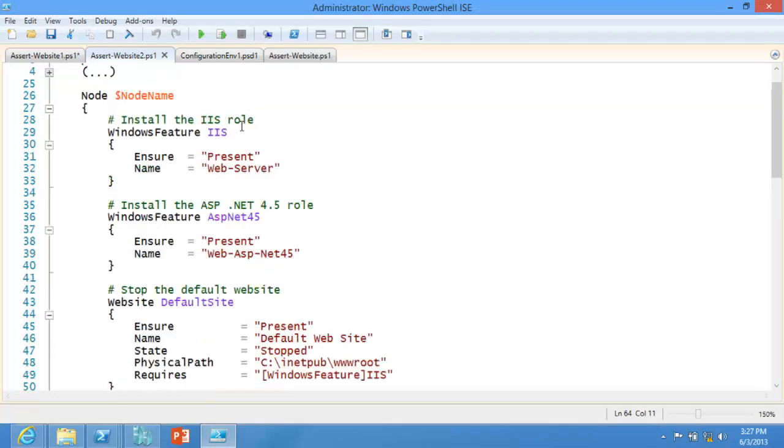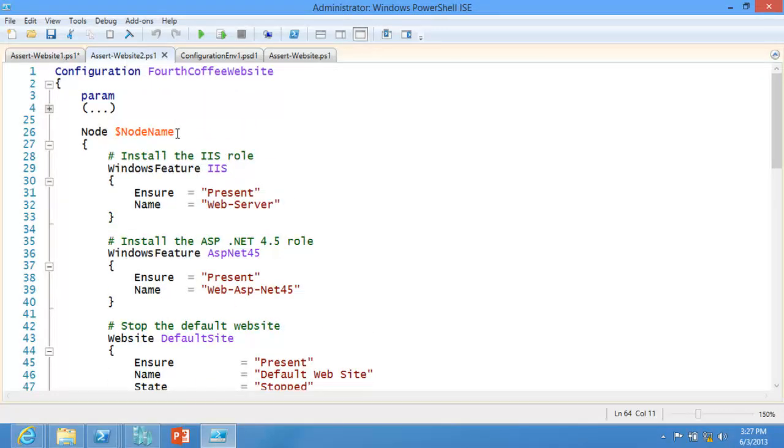Now, the names of the servers might well be environment dependent. If I'm in my production environment, if I'm in my development box, it's just my development box. Maybe a couple of VMs I got local, right? Playing around. At some point, we're going to run it up to a test environment, and what's going to change? What's going to change is not whether IIS is installed or not. What's going to change is perhaps the servers involved, or perhaps where I get the files from, or anything else we try to parameterize.